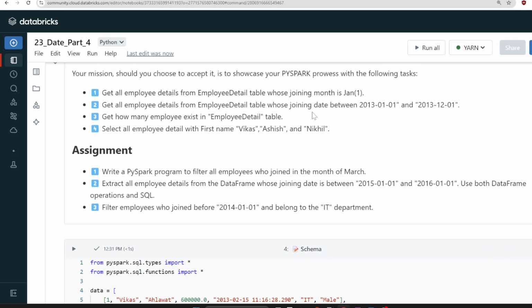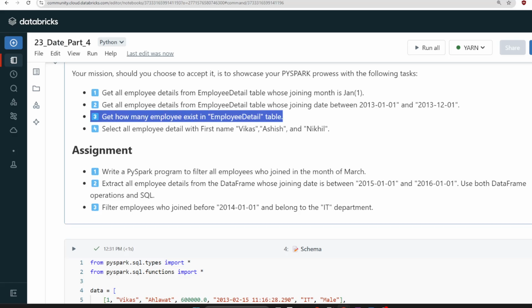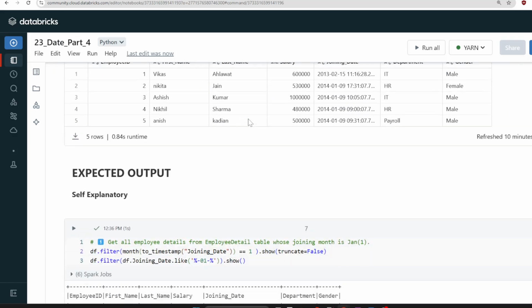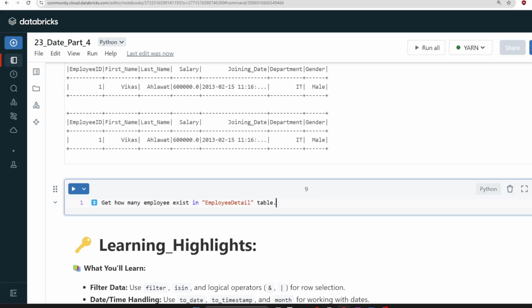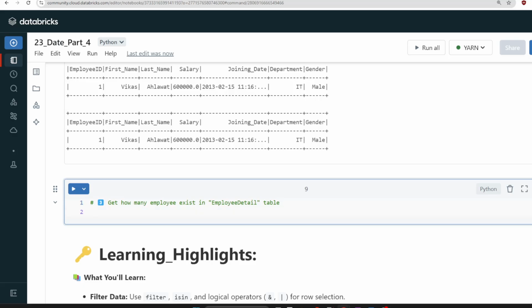Let me take the third question. The third question is: get how many employees exist in the employee table. That means we have to just give it a count, how many counts we have in our employee table. So this is very easy. I have not shown it in the previous video, that's why I have included how to get the count. Simple thing. What you have to do is you have to give a count